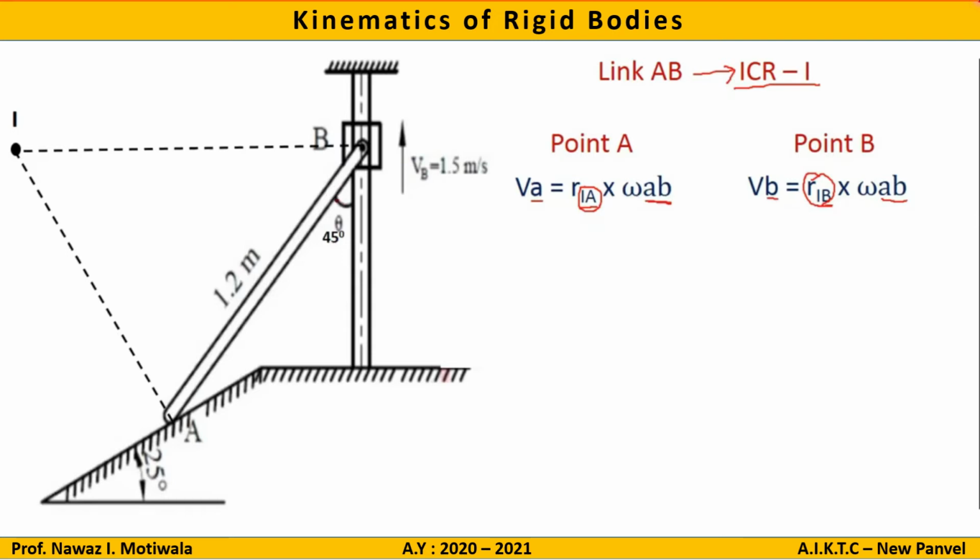Now in the figure it is given that this theta is 45. It is given here 45, and we also know that this line is perpendicular to this line. That means the total angle is 90, out of which this is 45. So I will write down this angle is also 45 degrees because the total angle is 90.